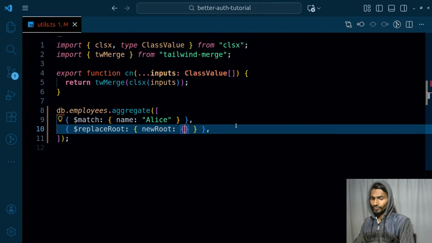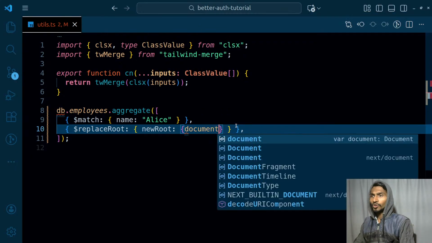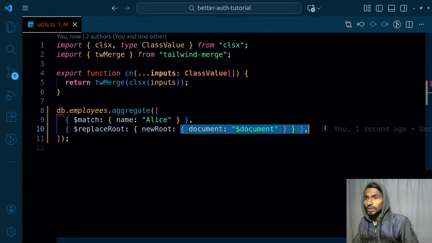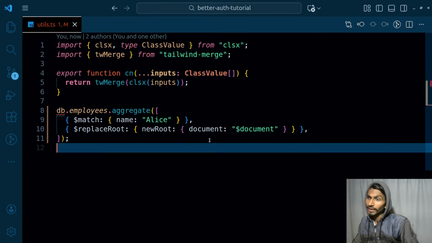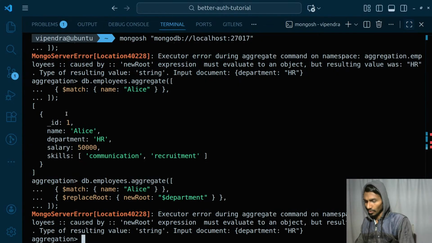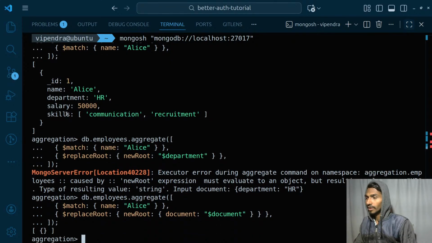First of all, over here I will adjust my document, and it will be $document. I'm not sure, but I'm just guessing it because it was asking me to return the object, so I'm returning document. Let's simply paste it. This is how I run it, and guess what? I am getting an object, but that is empty. Oh, my object is empty. Really